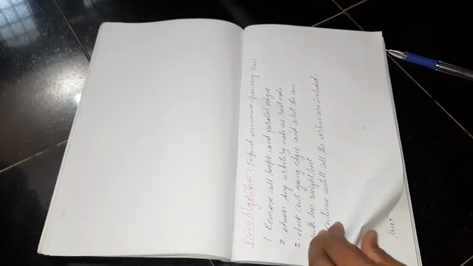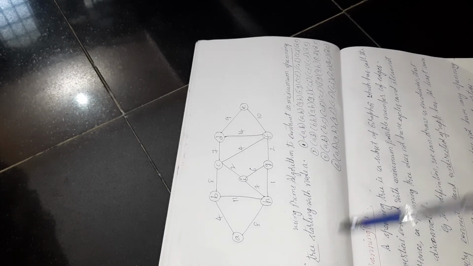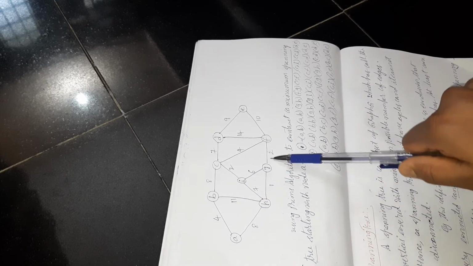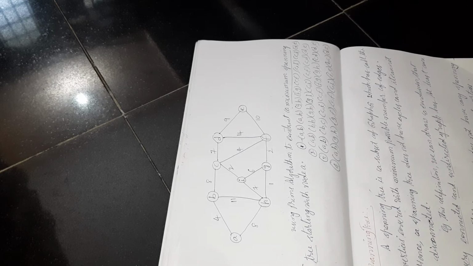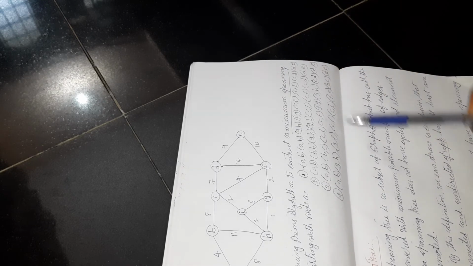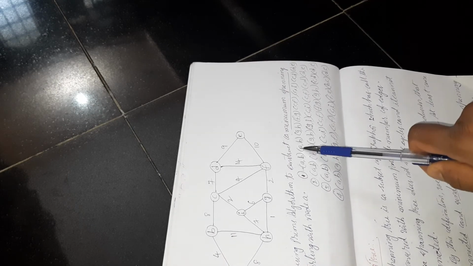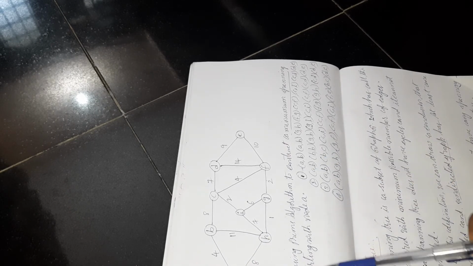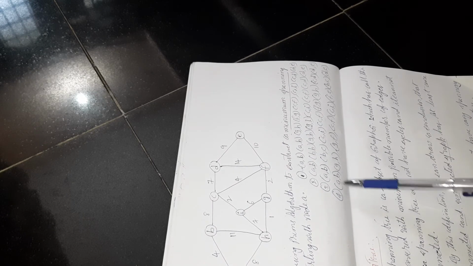Okay, now we will come to the question which was given in our exam. This is the question. In this question, how many vertices are there? 9 vertices are there. We have to construct a minimum spanning tree. From the options we will check. First option is AB. In the question it is given to start with node A, so we have to start with node A. In our options all start with node A.